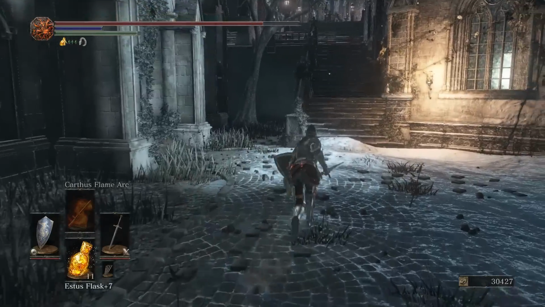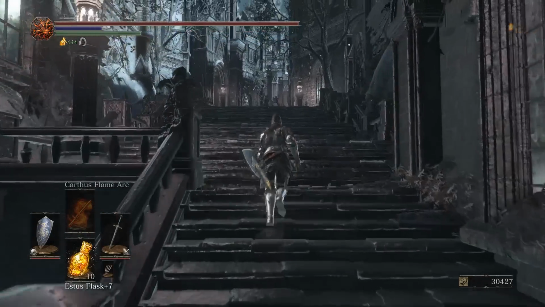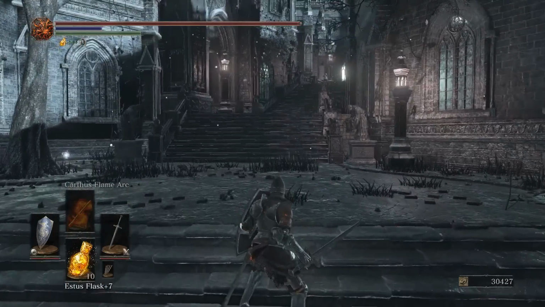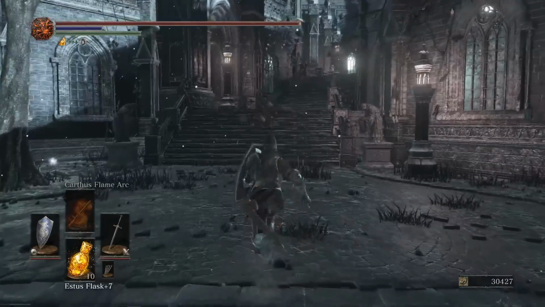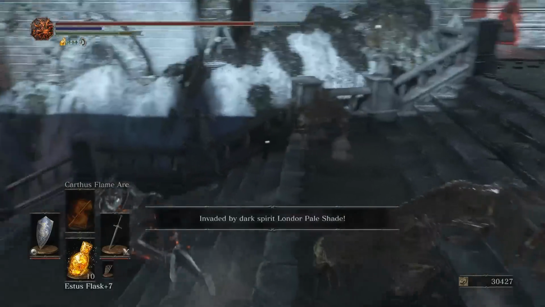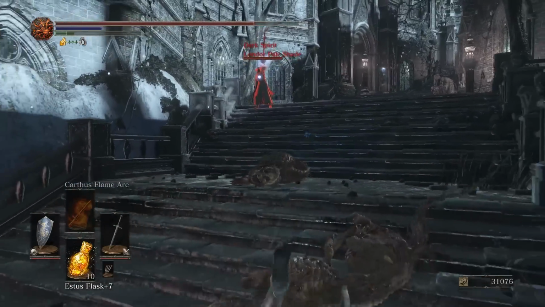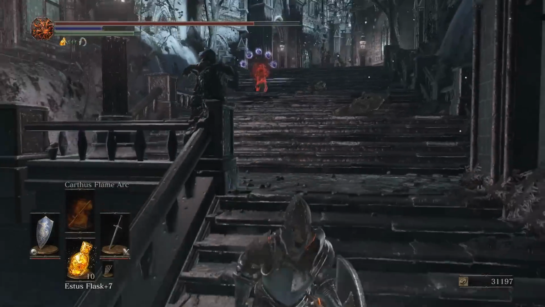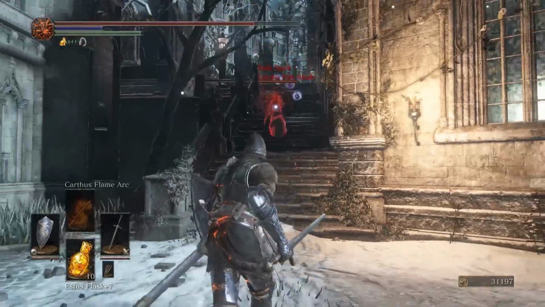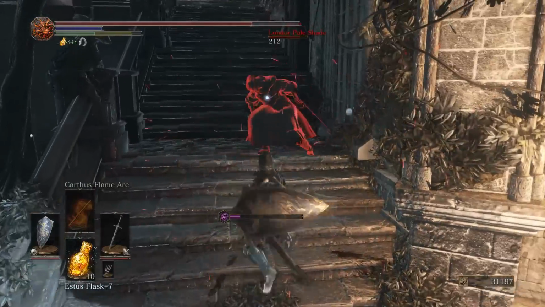What we should have done is, just before we did Farron Keep, just before we go into it, we should have punched Yuria 3 times and then gone to Farron Keep. That way, the Londor Pale Shade would have invaded during Farron Keep, near where we get the Iron Flesh, right at the beginning. If you just go from the Iron Flesh and follow the path right, you'll be invaded. You won't get anything from killing the Pale Shade in that invasion. However, if you kill both Pale Shades, then you'll get the Pale Shade set in Firelink Shrine,